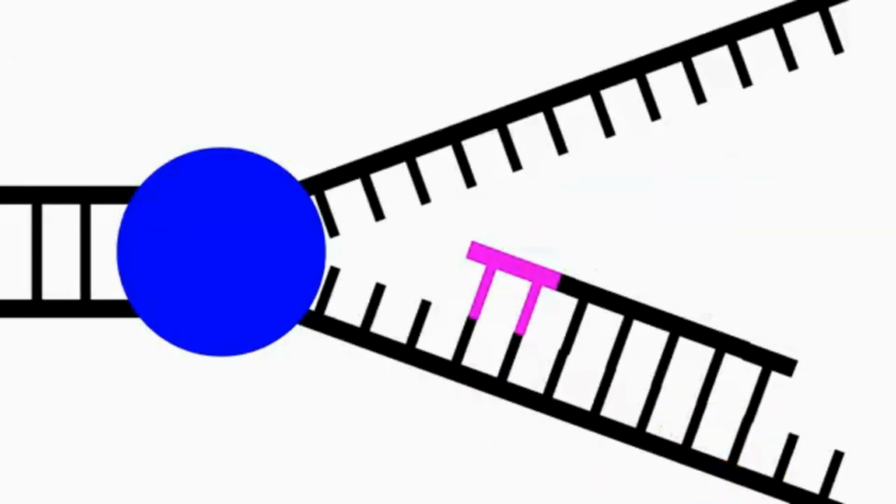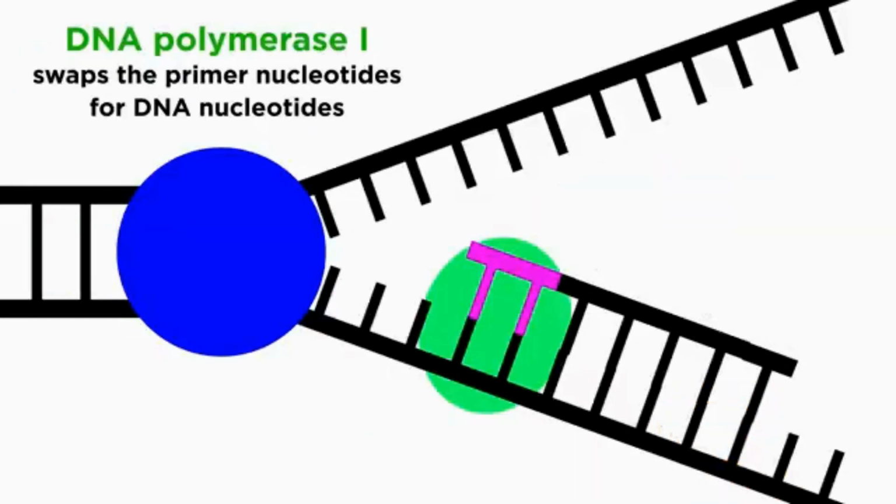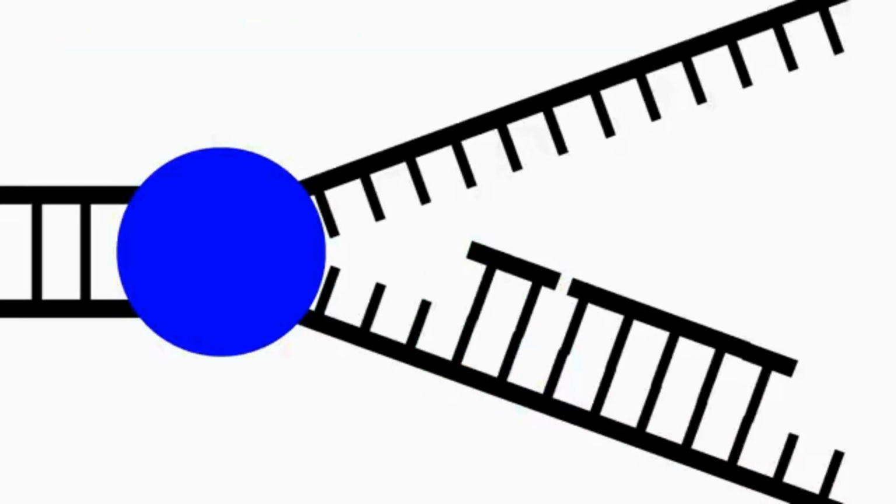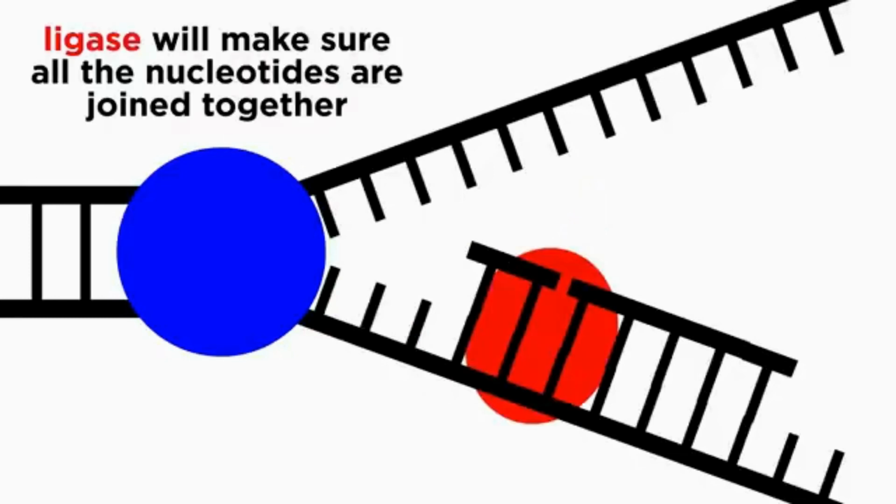After each fragment is synthesized, DNA polymerase I will go through and replace the RNA nucleotides from the primer with DNA nucleotides to make sure it's DNA all the way through. Lastly, because polymerase can't join the last nucleotide of one fragment to the first nucleotide of another, a separate enzyme called ligase has to go through and